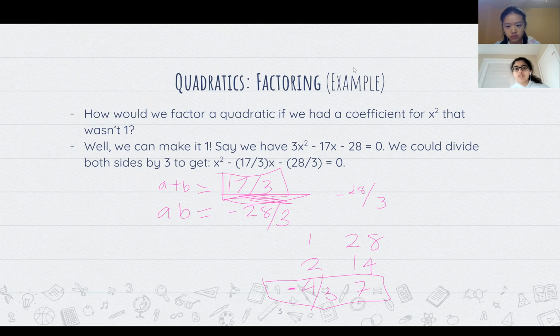So to put it in x plus a times x plus b form, we would have x minus negative 4 thirds, which is x plus 4 thirds,